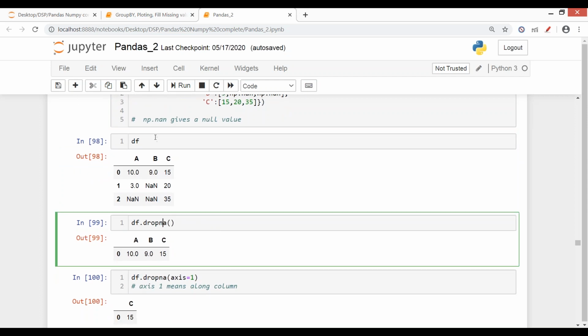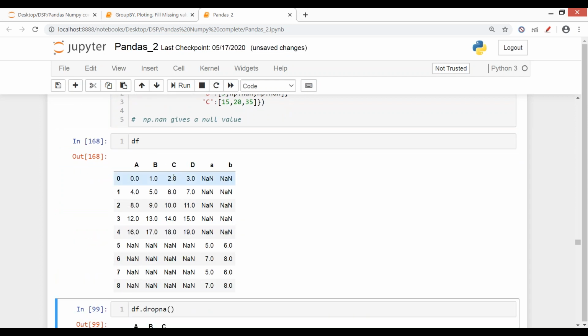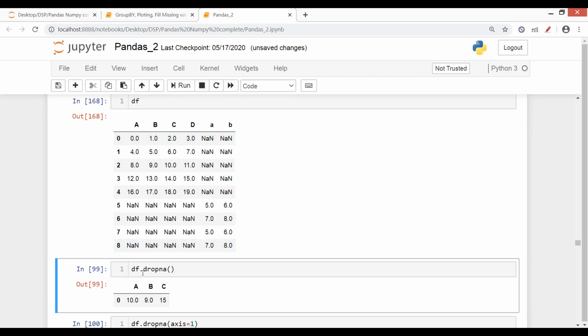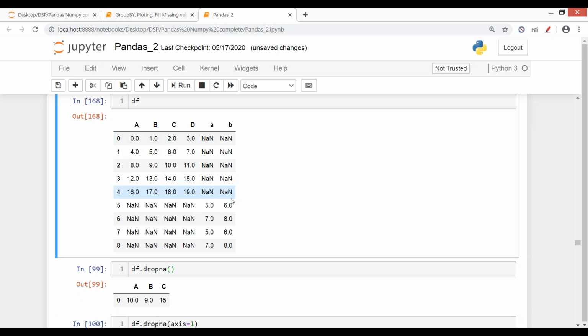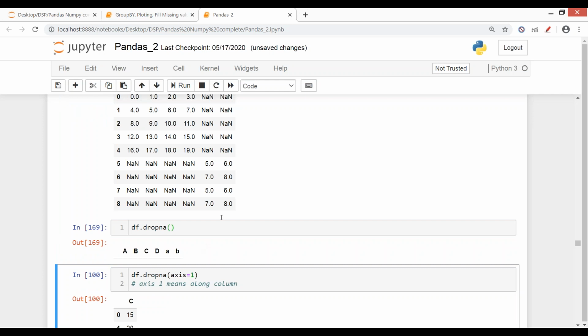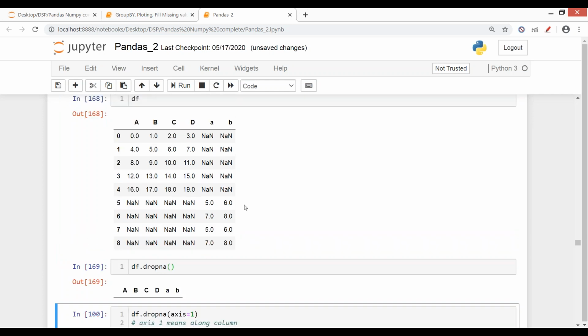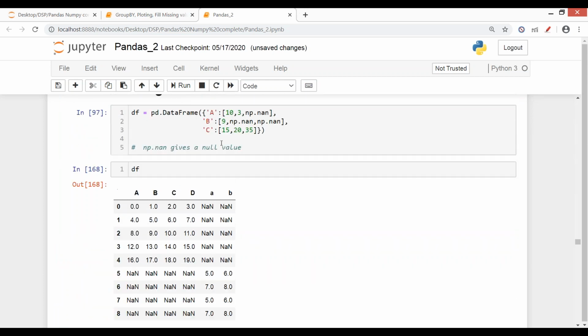Now, in order to drop values, let's say this is my data frame, and how do we drop NaN values? So uske liye we have the default function dropna. What it will do is it will pick all the NaN values and drop them. So when I'm saying df.dropna, see where we have NaN values. Ideally, mera pura data frame mein NaN hai. So we just run this command. You see the complete data frame is empty. Wherever the NaN value was there in my row, it got deleted.